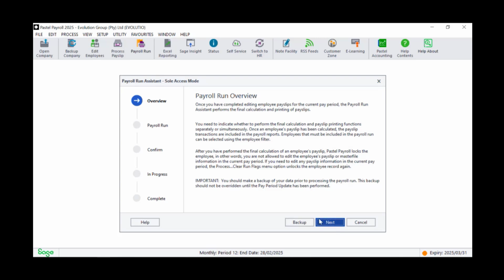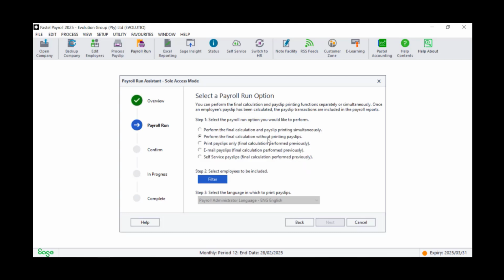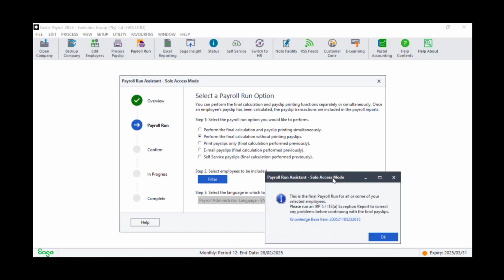Again, it is very important to make a backup. Then you can click on next. We're doing the final calculation. I'm not going to be printing simultaneously, because I just want to do the final calculation before I do the exception report. Filter all my employees once I'm done with that, and then I'll click on next. Oh, sorry, before we do that,